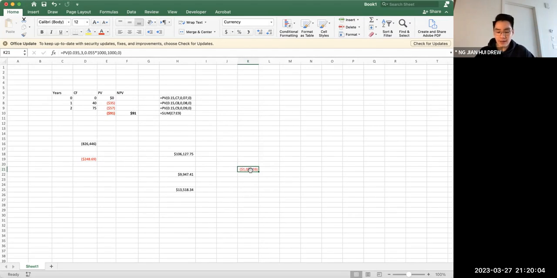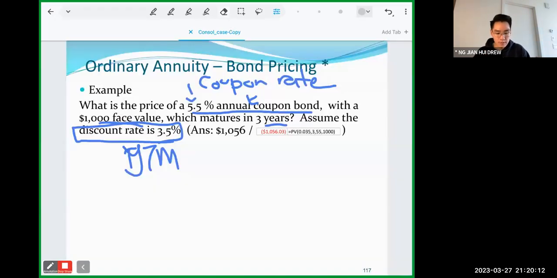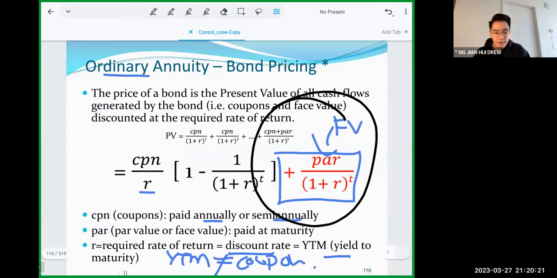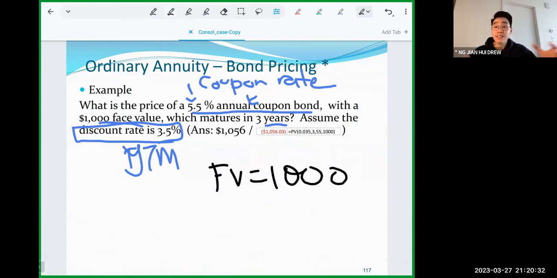Everyone's okay with that? With these bonds? How we calculate bonds? So this thing here, this FV that we think about, is basically in Excel the FV equals 1,000 at the end that we have to put in the Excel formula. And that's because you are receiving back the principal that you lend to